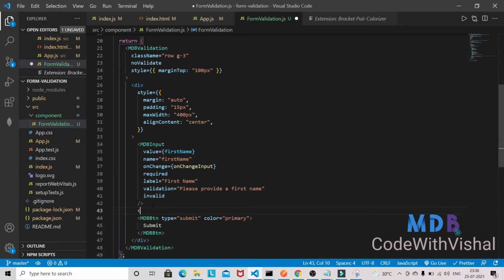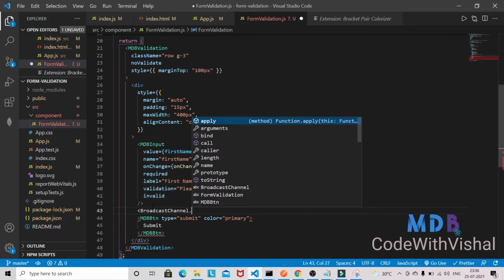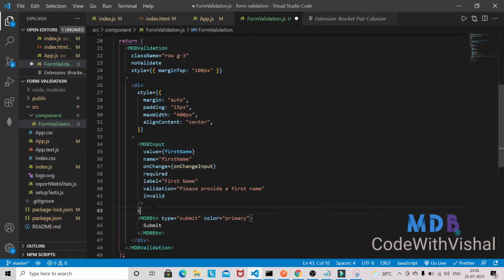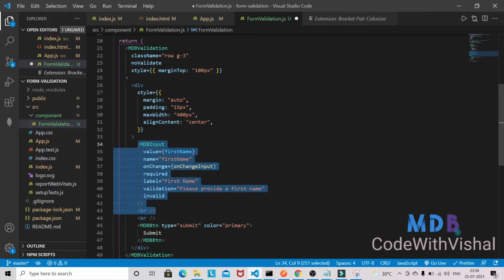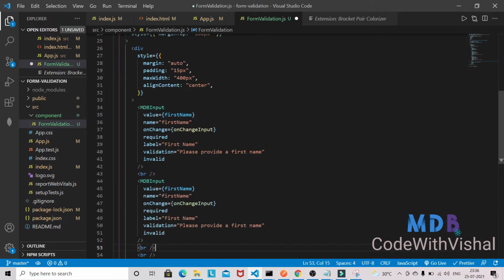So it will have a break here, and here also will have a break, and I'm just going to copy this one, and this will be the last name. This will be the last name, and label will be last name. The message will also be like last name,